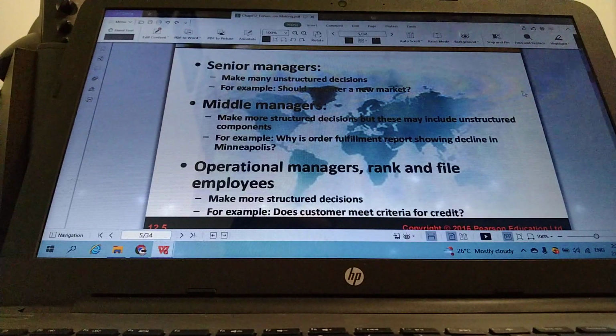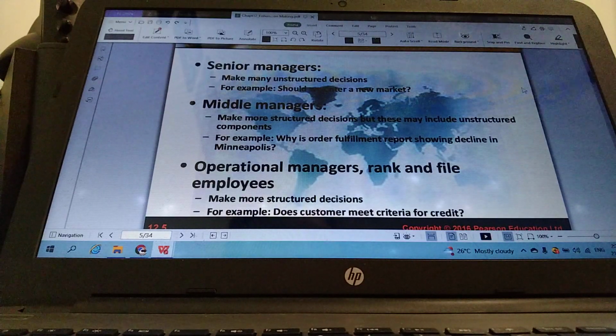Definitely in making high level decision or strategic types of decision, it always comes from the top management or senior managers. And in many cases, based on scenarios or incidents or based on issues and problems, this group of people, who are known as the senior managers or the top management, always end up, or they have no choice. They will be in a position where they have to make many unstructured decisions,